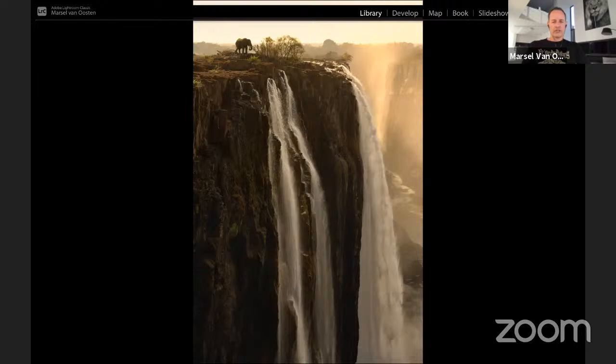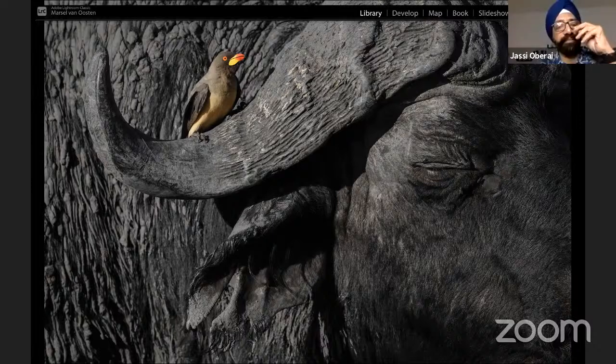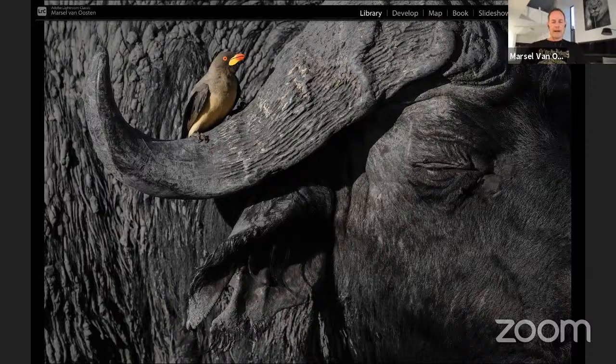So there's another shot that also shows this. Wow. This is a very common bird. If you've ever been to Africa, then you've seen this bird many times. Yeah, the oxpecker. And for me, this is an interesting shot because I don't actually like photographing birds very